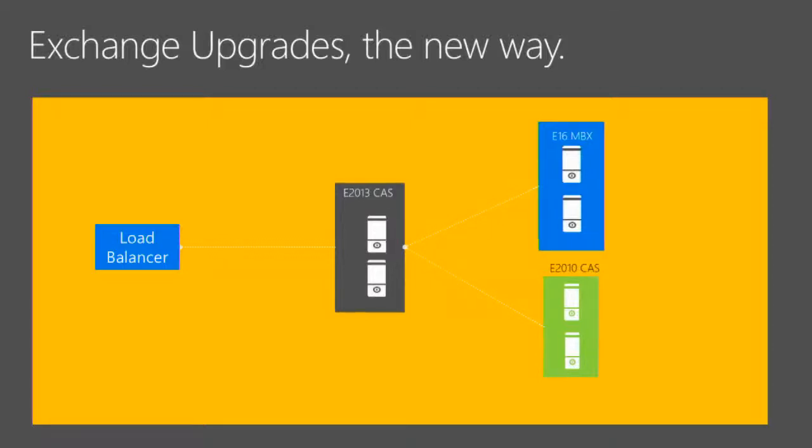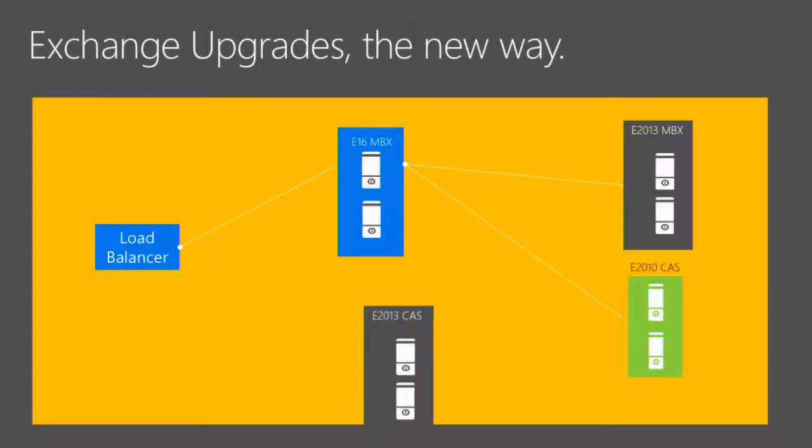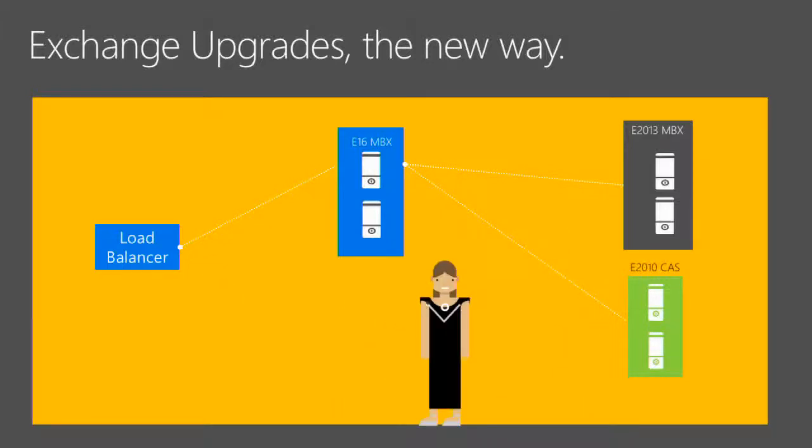Your next step will eventually be adding 2016 into the load balancer pool. We've got another slide coming up that goes into more detail, but you can actually mix the versions in the load balancer pool as well. So now you've got some traffic going to 13, some traffic going to 16, and behind the scenes, we figure out what's going on to send the traffic to the appropriate place. At some point in time, you've introduced enough 16 server that you can actually make your 13 servers bounce to the curb. And if you are a customer that deployed standalone roles, 2013 CAS, standalone 2013 mailbox, you could actually